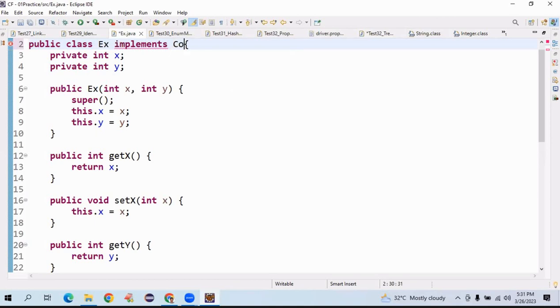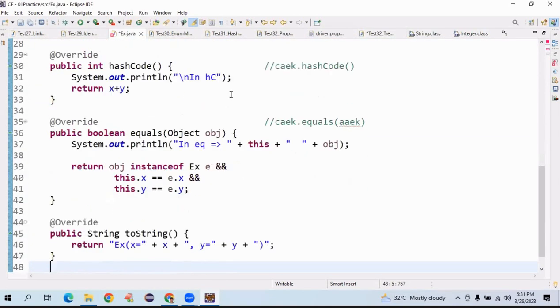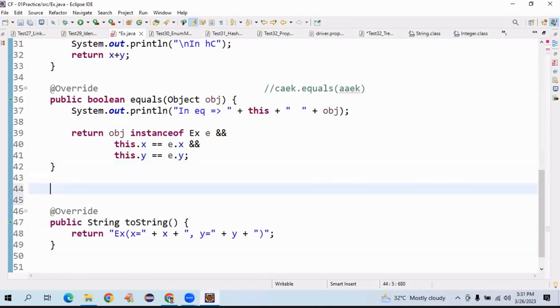You must implement from where? The Comparable interface. Comparable, to compare which type of objects? Example type. Comparable is an interface. If a class is implementing an interface, it should implement the method available in that interface. Now here we have to implement